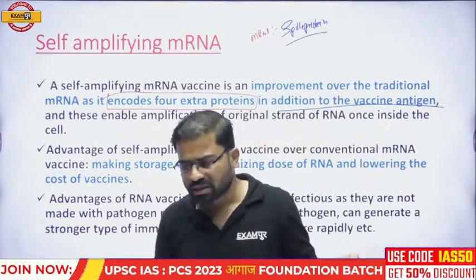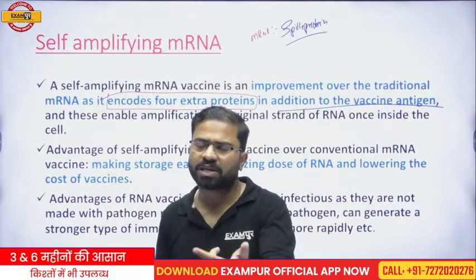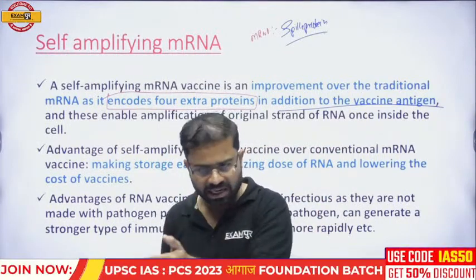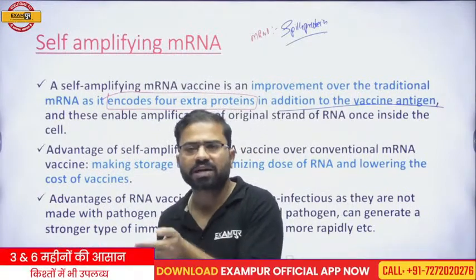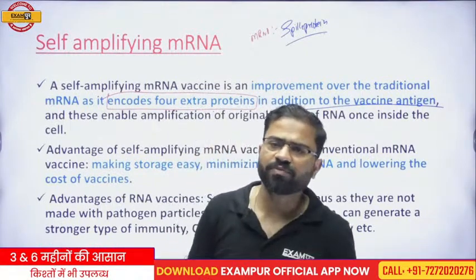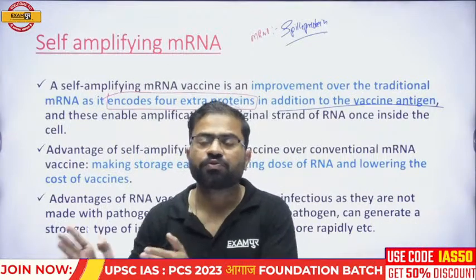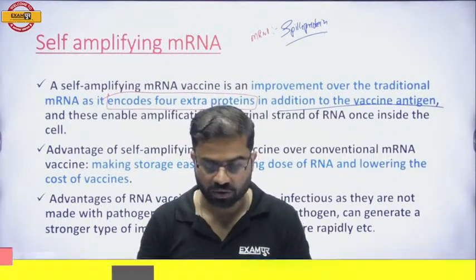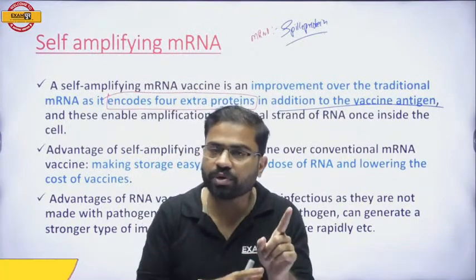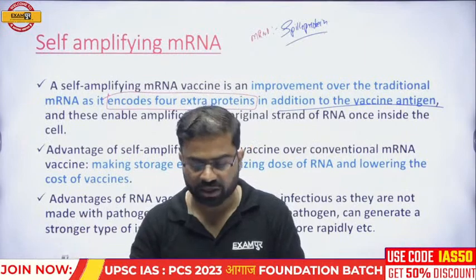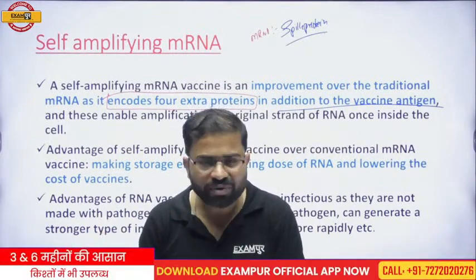तो आप देख सकते हैं if we are sending in the mRNA, if we are attaching genetic information of spike protein, definitely by the process of translation spike protein will get created. It seems to be a foreign particle, an antigen. वो आपका फिर क्या होगा, वो एंटीबॉडी रिलीज करेगा. But when you talk about the self amplifying mRNA, apart from spike protein, 4 extra proteins are being fed. तो आपकी body में 5 different types of protein will be there. One will be a spike protein and 4 different types of protein will be there. तो मतलब क्या हो गया, 5 different types of antigen.